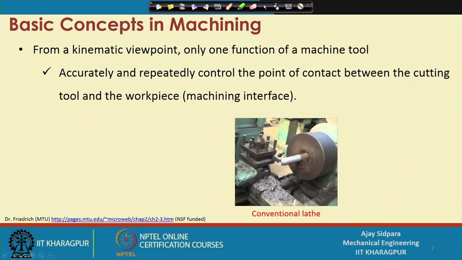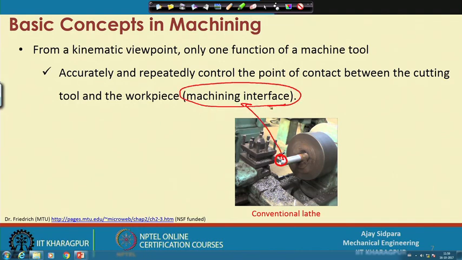this is the conventional lathe operation, that is the turning operation. Here, when the tool is contacting the workpiece surface, that is called the machining interface. So this is the machining interface. Now how accurately and repeatedly is it controlling this point? Now see this particular